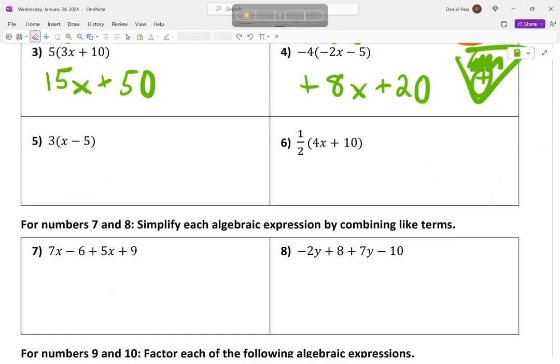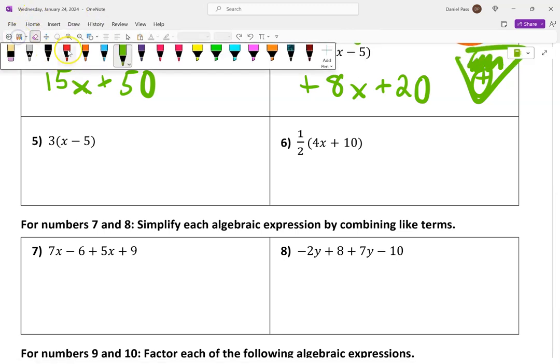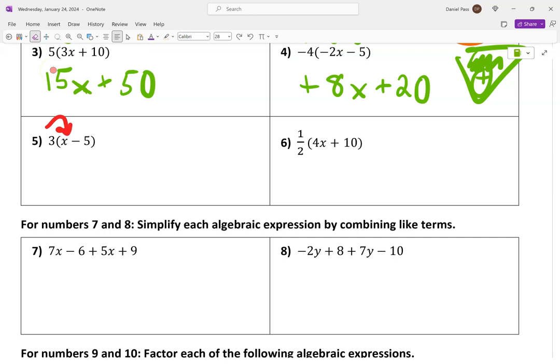From the 3 to the x. Do we agree with that? Yeah, that is correct. Okay, 3 to the x and? To the 5. And to the negative 5. Okay. Then you multiply 3x,